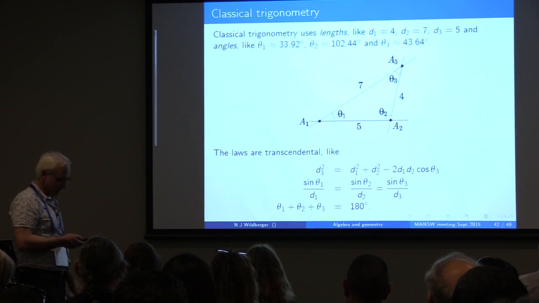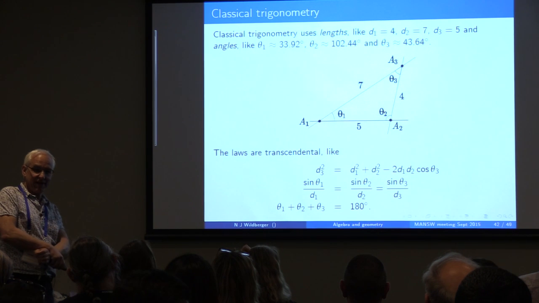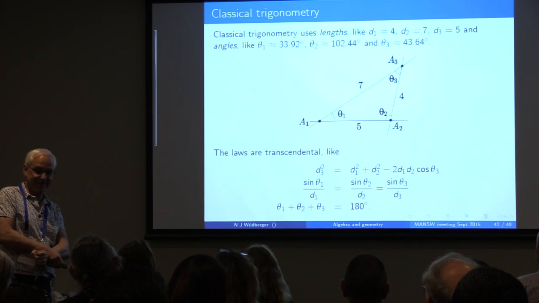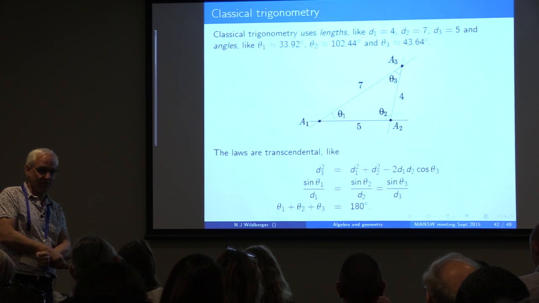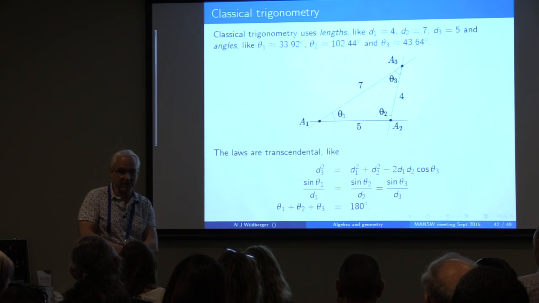And so what is rational trigonometry? Rational trigonometry is a rethinking of trigonometry. I'm hoping that someday it will actually replace classical trigonometry in high schools, a very heretical idea. Okay. But it's actually considerably simpler than classical trigonometry.